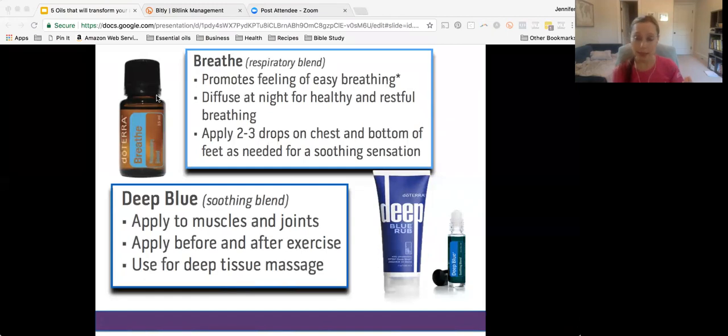All right. For my husband, he sits at a computer all day. He carries his stress in his neck and his shoulders. So he's like really tense physically and just real tight right in here. And so applying Deep Blue on the neck and shoulders really, really helps him out. It just wipes away that tension, eases and soothes those muscles, and reduces any inflammation. So we actually have the oil, as well as you can see in the picture, Deep Blue Rub is the lotion with the oil blend in it. And we use a lot of that. So it's wonderful to have on hand.